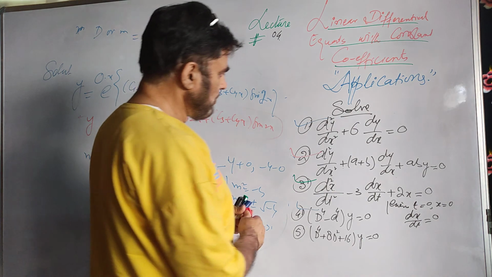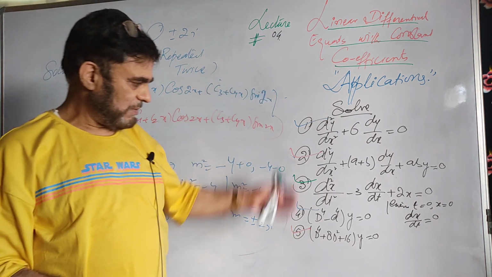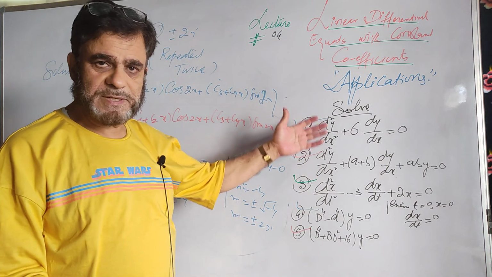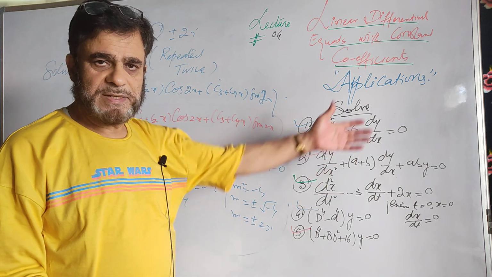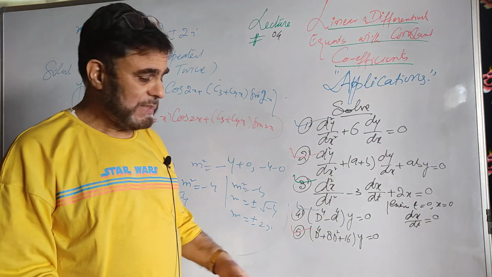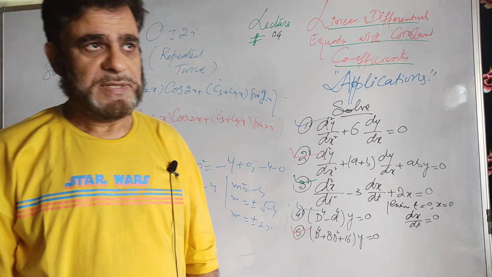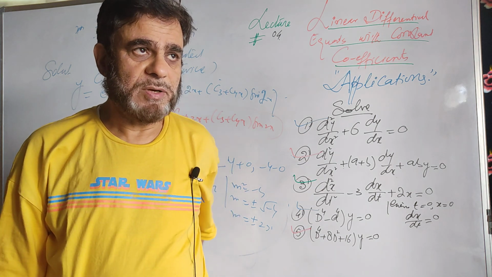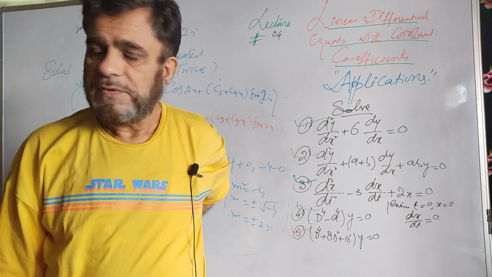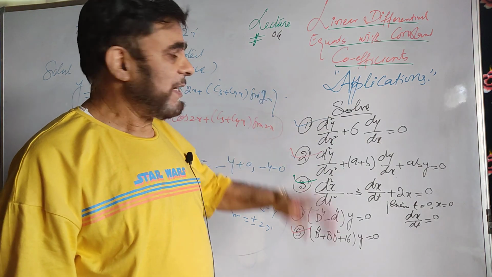And in this way we have solved these 4 basic problems, and I have come to know that you have understood how to solve the linear differential equation with constant coefficients when the right side is 0. I will share some more problems on this. Then we go to when the right side is a variable function of x. It may be a trigonometric function, a logarithm function, or an algebraic function, which we will share. There you have to be very cautious about which rule we apply for finding the integrating factor. Wait for the next 5th lecture.